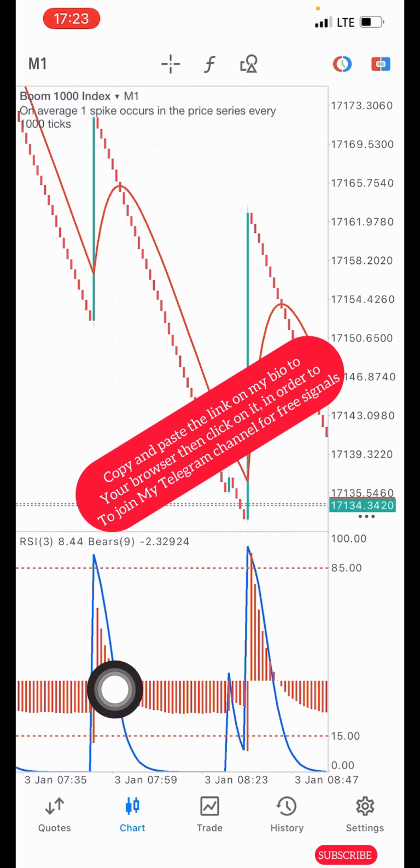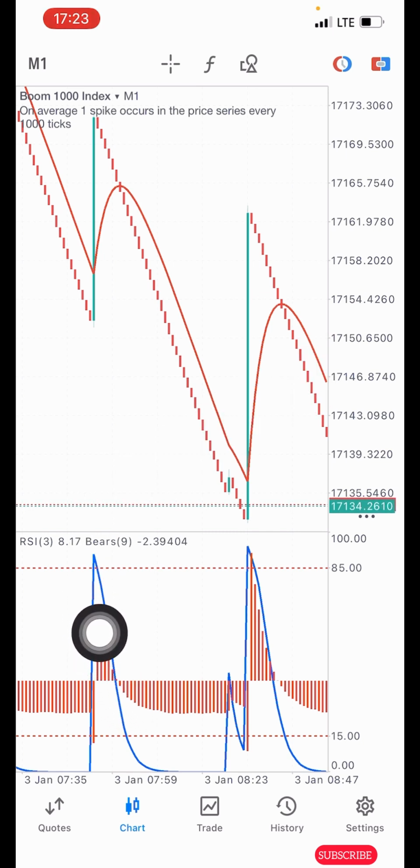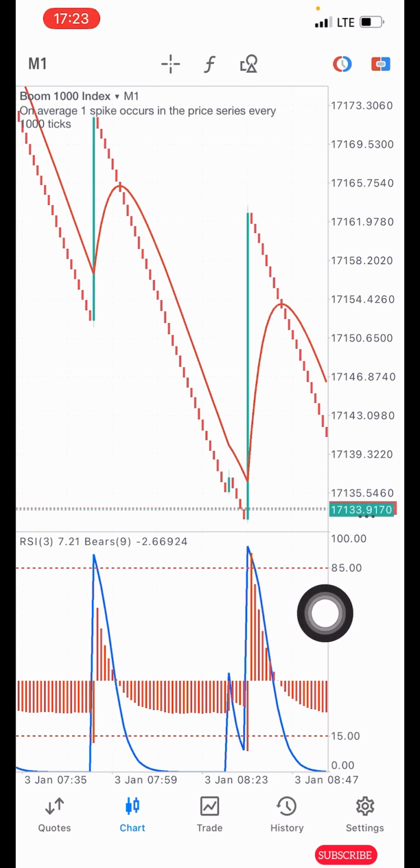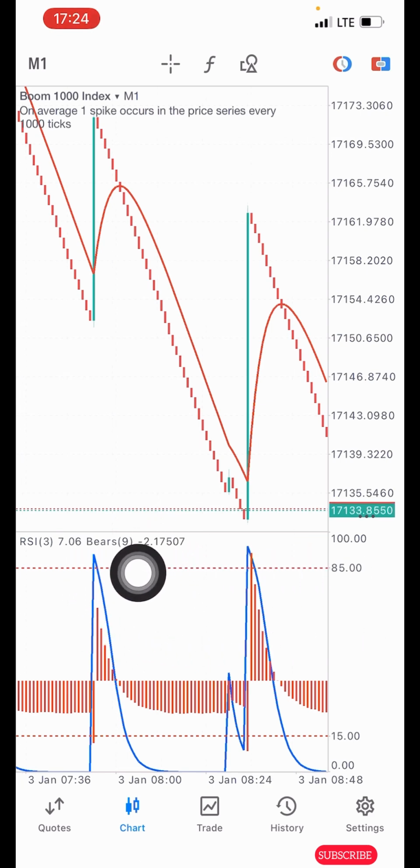Now whenever you see that there is a spike in the market and you see this blue line get to the overbought level here, it means that price has gotten to the 85 level here. Whenever price gets to this level, it tends to reverse, and that's the opportunity you want to be taking advantage of. So whenever there's a spike and you see that this indicator gets to the overbought level,